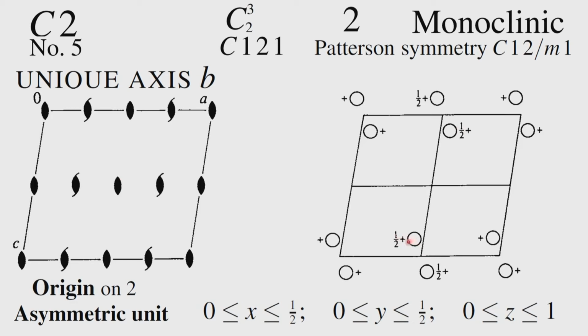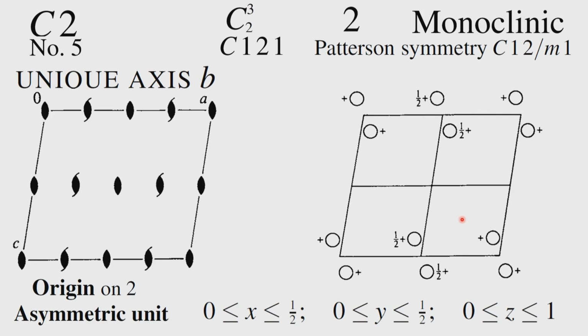So, we get this half plus object at this position. So, we have therefore 1, 2, 3, 4 equivalent positions. So, there are 4 units in the unit cell,